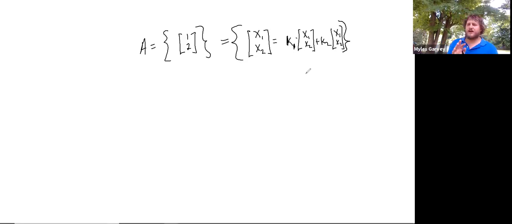In other words, what I've done is I've just taken the same vector, I've taken scalar multiples of it and added it to itself